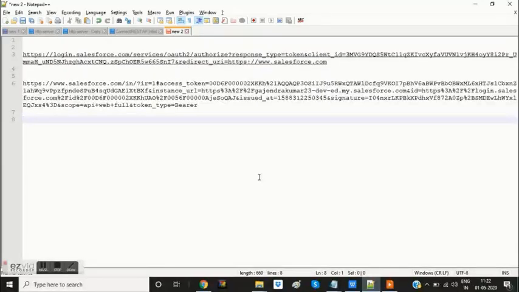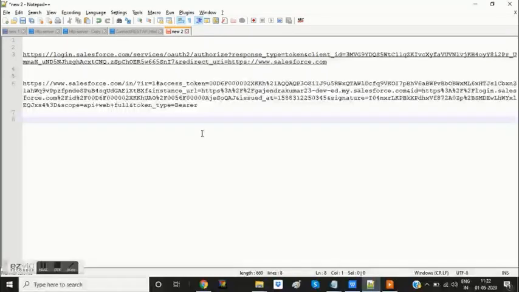To do that, we have to post that request along with access type as bearer, with a space, and put the access token which you received just now, and the request should be of type POST, it should not be GET. So this is how we create a connected app here.